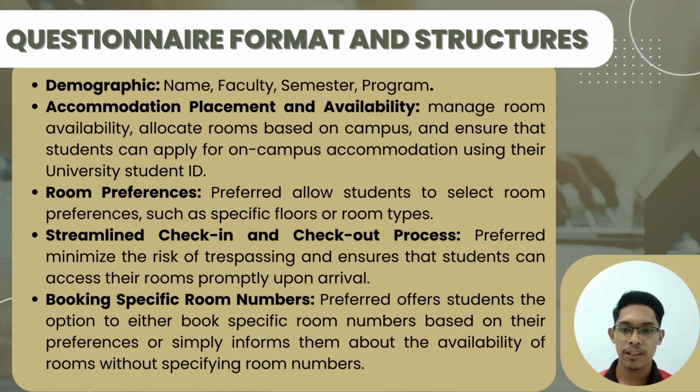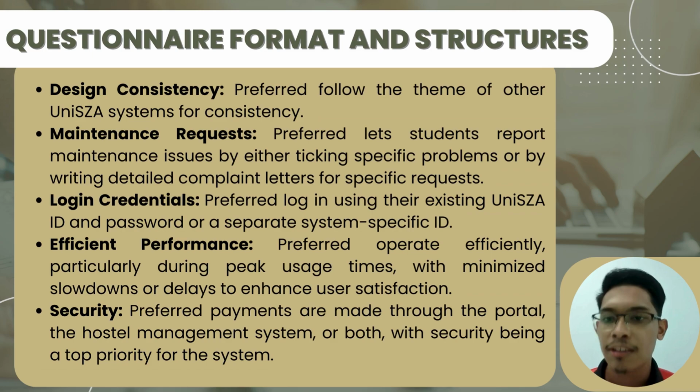Offer students the option to either book a specific room number based on their preference or simply inform them about the availability of rooms without specifying a room number. Next, sixth, system design consistency: follow the theme of other UniSZA systems for consistency. Seventh, maintenance request: let students report maintenance issues by either selecting a specific problem or by writing a detailed complaint letter